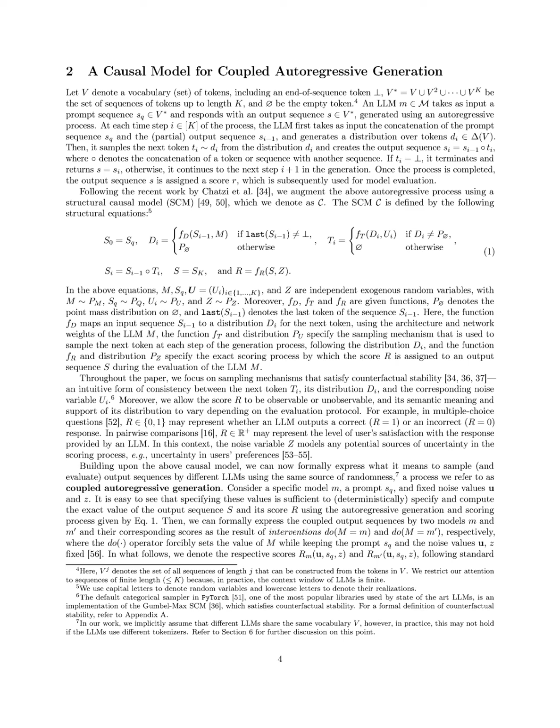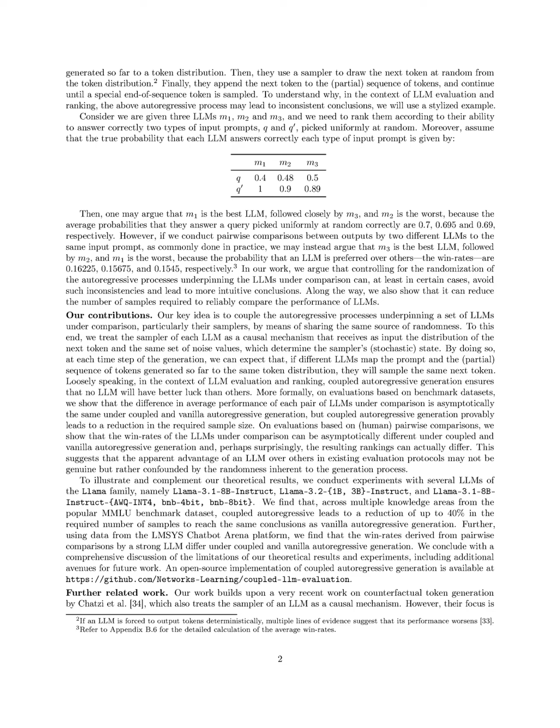The key results achieved using the coupled autoregressive generation method include a significant reduction in the number of samples required to reliably estimate the competitive advantage of one LLM over another. Specifically, the experiments demonstrated that coupled generation needed approximately 40% fewer samples than independent generation to achieve an estimation error of about 0.034. Additionally, in terms of empirical win rates, the results indicated that the win rates of LLMs were